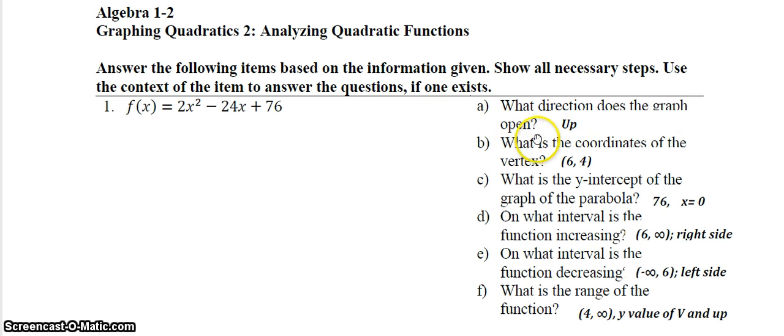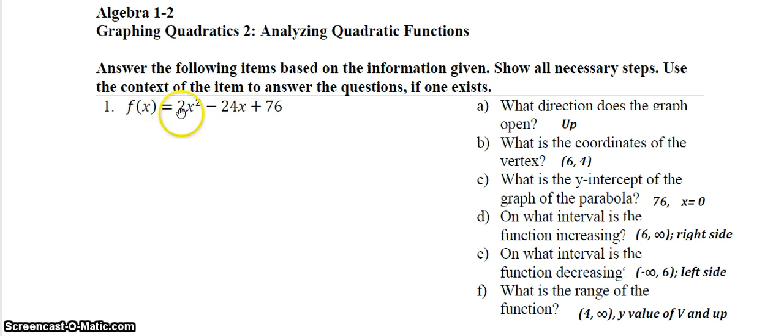Okay, what direction does it open? Up. How do we know? A is a positive 2. Good. Coordinates of the vertex. Well, again, how do we get the vertex from standard form? We find the axis of symmetry. Didn't write it down here, but you're going to write it down, though. The opposite of B